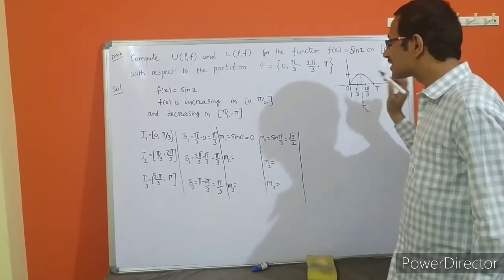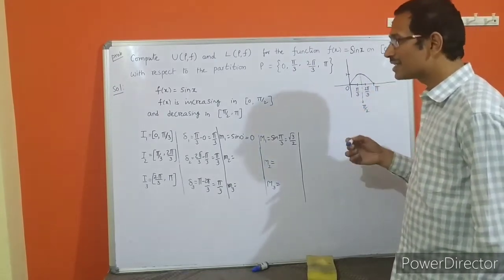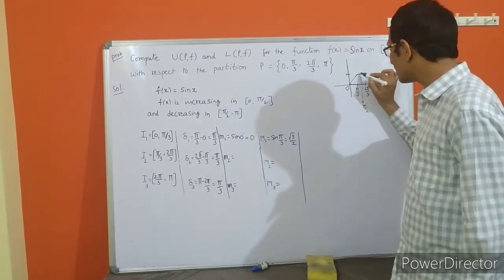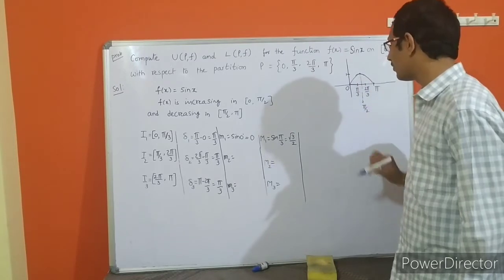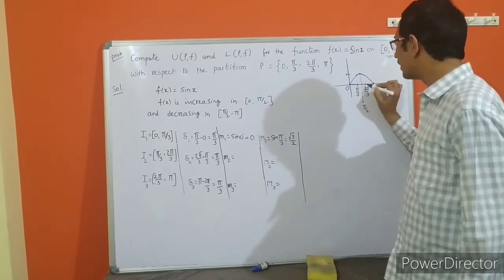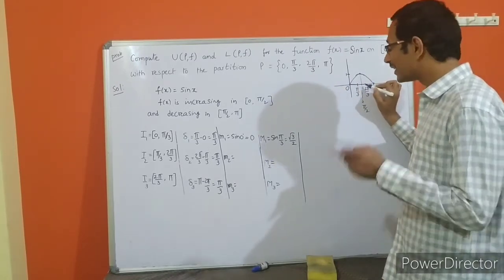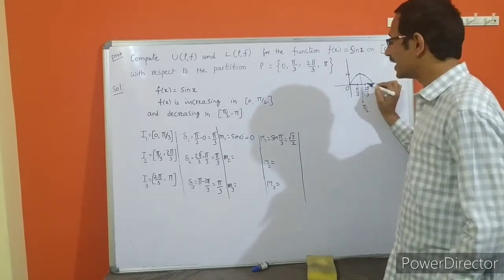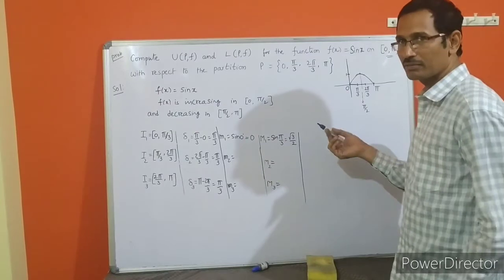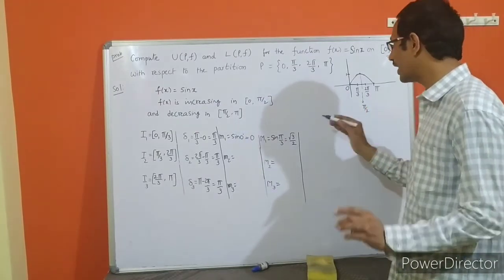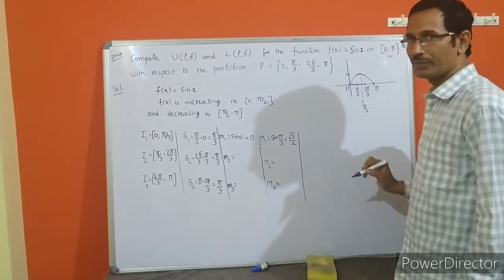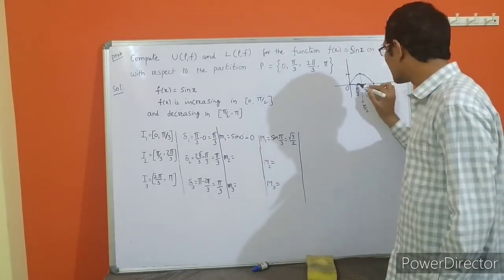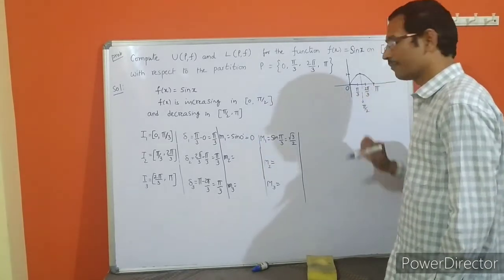Now, where is its minimum and where is its maximum? It is quite easy to see from the graph that the maximum of f of x occurs in between. It doesn't occur at this endpoint or that endpoint because the function is neither increasing nor decreasing. This is an interesting subinterval for sin x, because here the maximum does not occur at this end or that end.